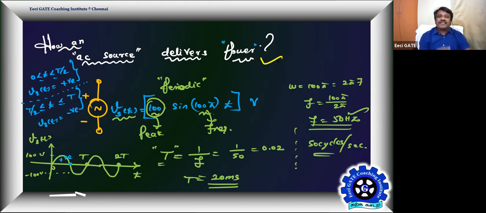and absorbs power in the negative off cycle. If that were the case, the net power delivered by your AC source would become zero, because whatever power it delivers during the positive off cycle, it would absorb during the negative off cycle. That means the AC source would do nothing in the load and never deliver any energy. So the important understanding here is